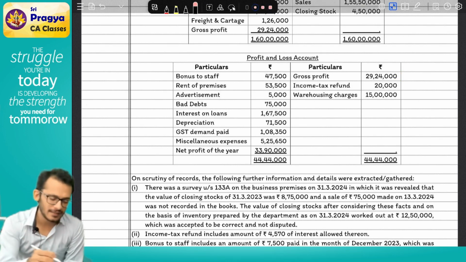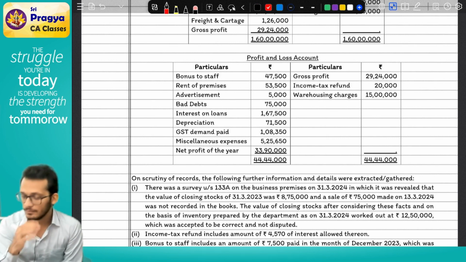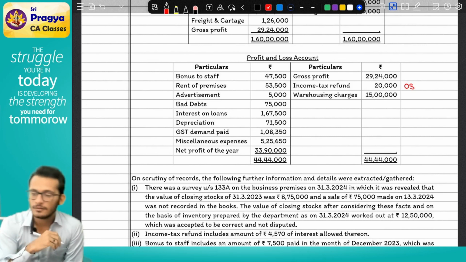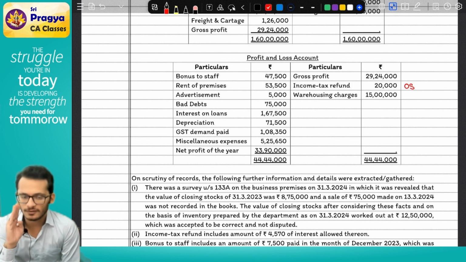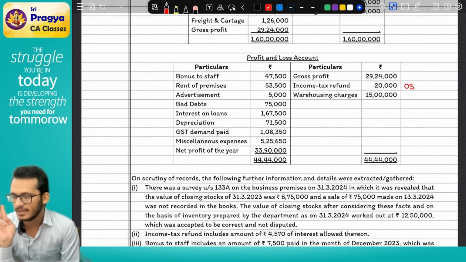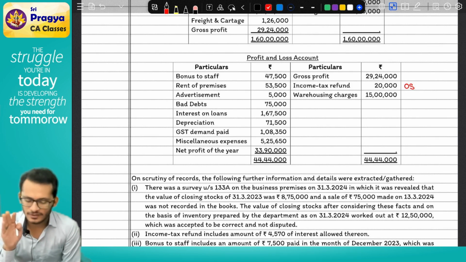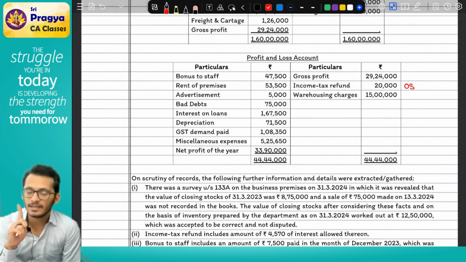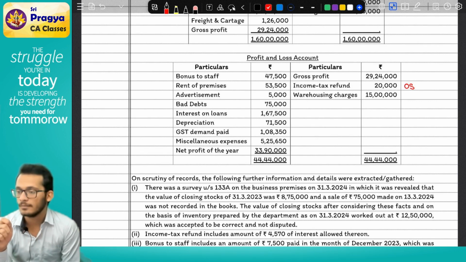Next, income tax refund. IFOS. So I'm going to put OS at the bottom and say, boss, not a part of PGBP. I'll move it somewhere else. Then warehousing charges. Now, notice carefully, is warehousing charges an income or expense? It's an income. Now, the problem is warehousing charges being an income simply means that you have given your warehouse on rent, which means what you have got in hand is